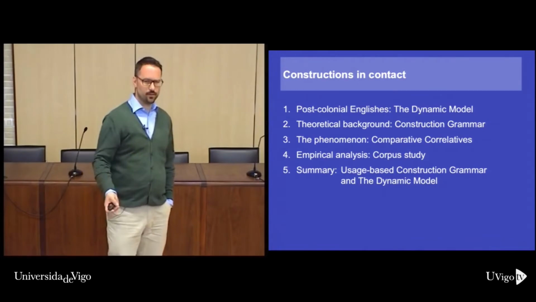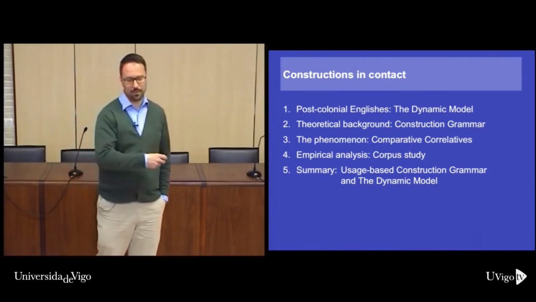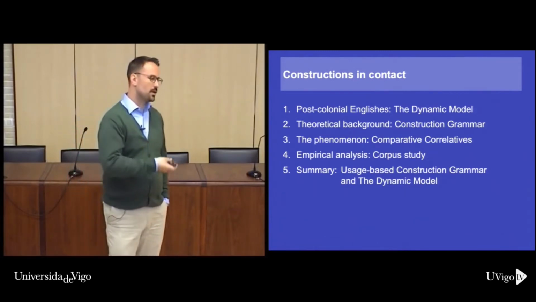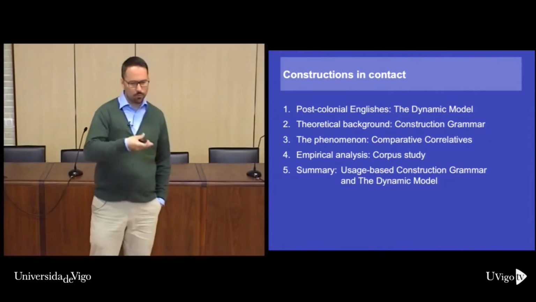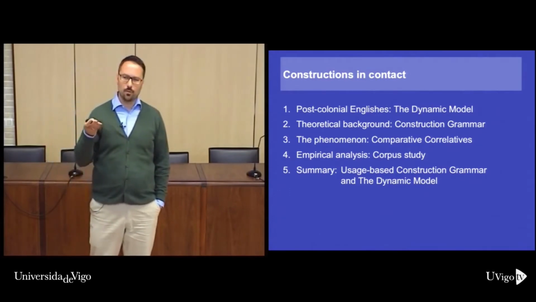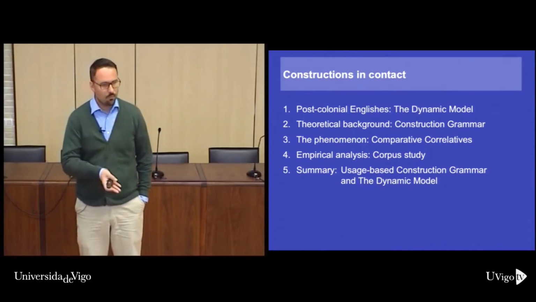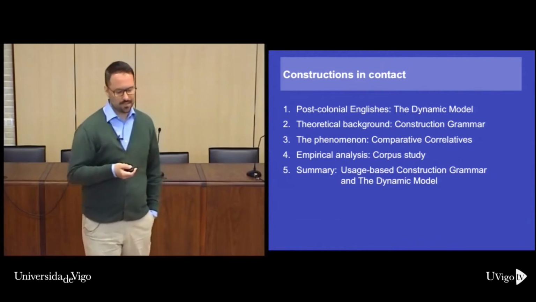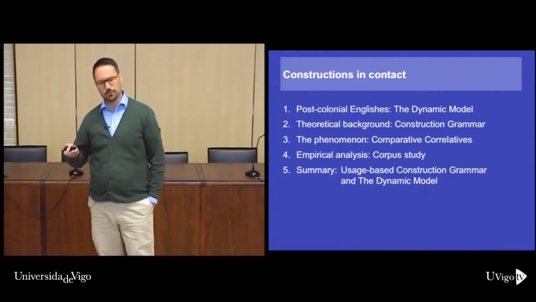As Eleanor mentioned, I did my PhD in Regensburg with Edgar Schneider a couple of years back. So back in the distant past. And obviously, Edgar Schneider was working on the dynamic model as a uniform model to account for the process by which different types of Englishes evolve and why certain types of new Englishes have got similarities, whereas they are different from others. And as I said, at the time I was already working also in construction grammar, and I always wanted to bring the two together.